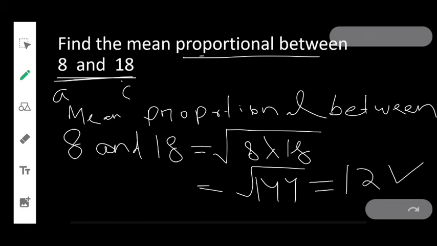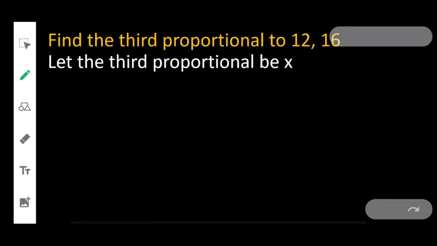That's the answer. That's the mean proportional between 8 and 18. Clear? Next question: find the third proportional to 12